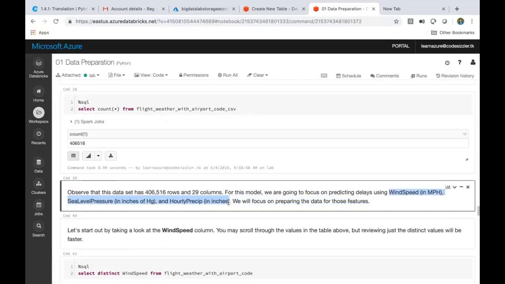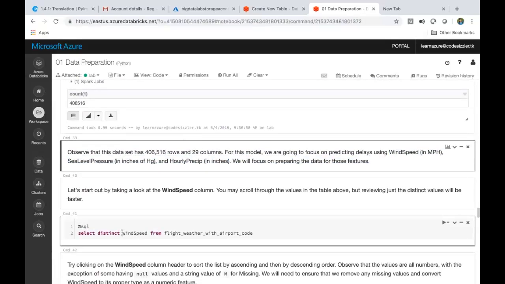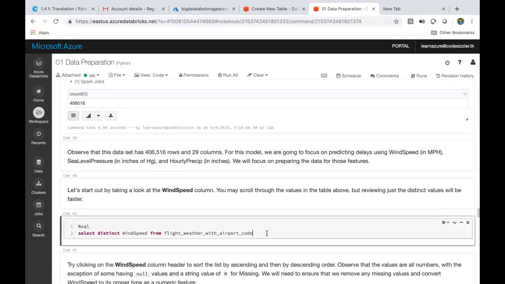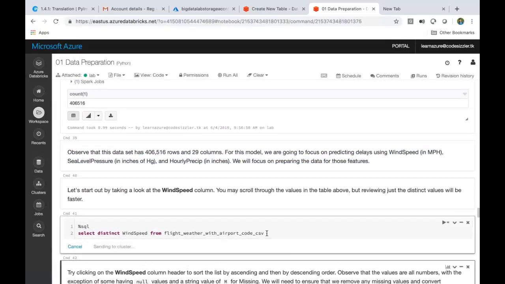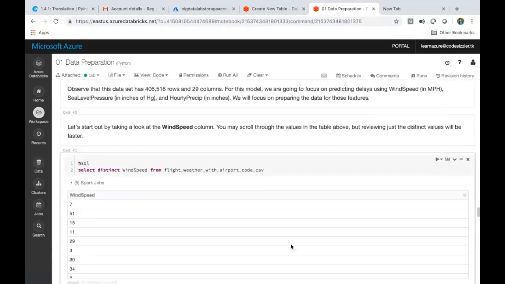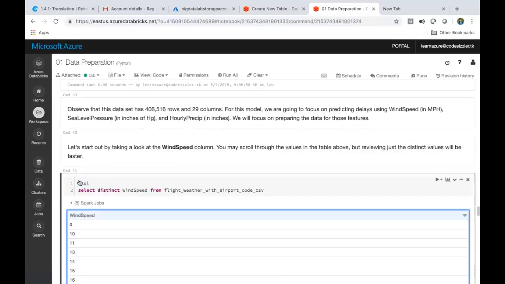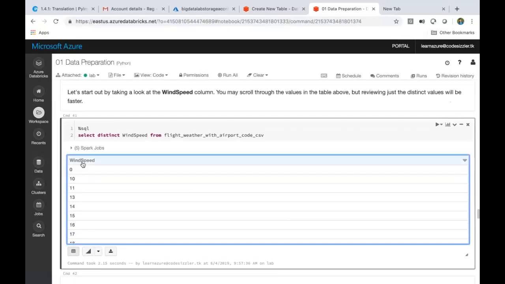Let's see what distinct values we have in the underscore CSV table. So we have distinct columns here, but let me click on this again. See, there's a 0 column here. If I go down, we can see there's a null and an M also.